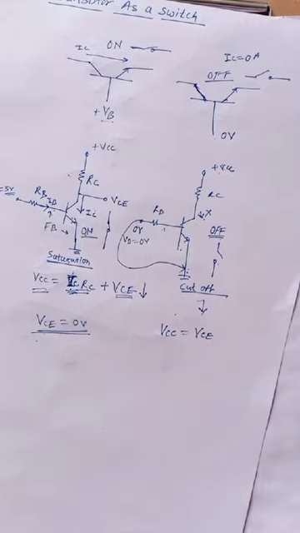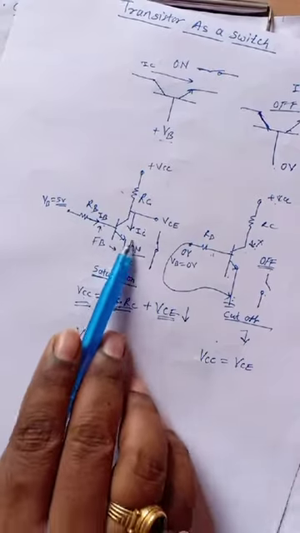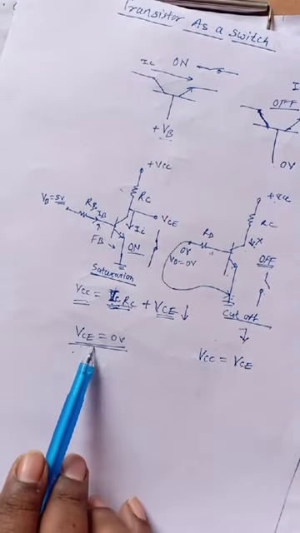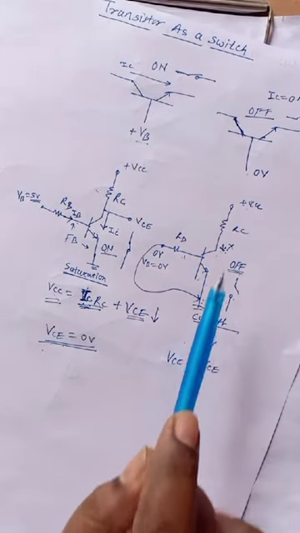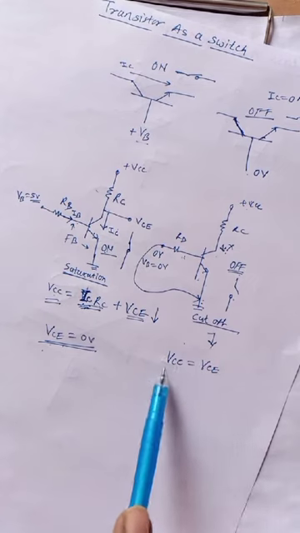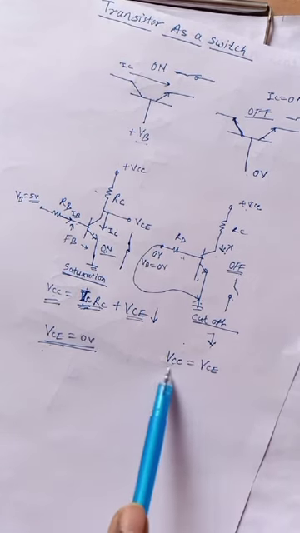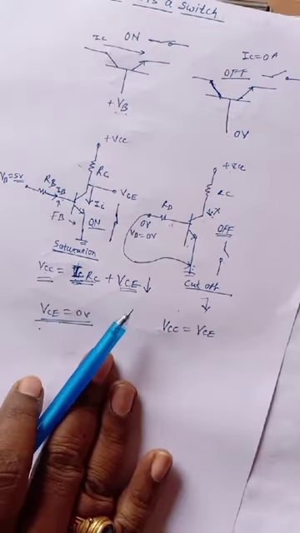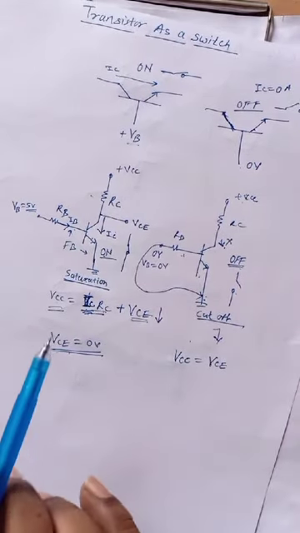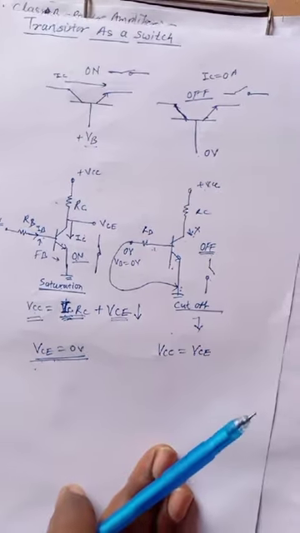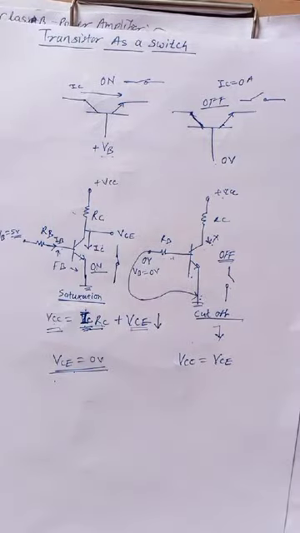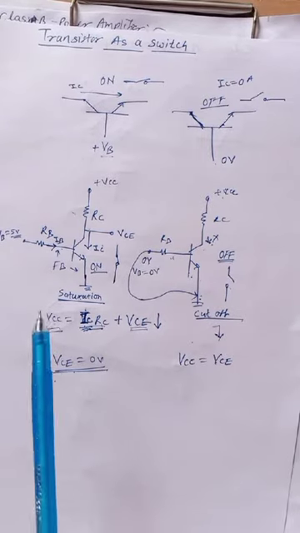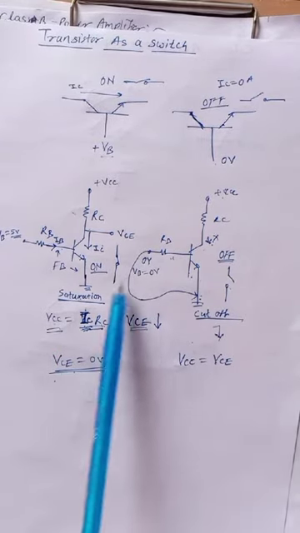So these are the two situations: when the transistor is turned on, collector current flows and the collector to emitter voltage drop becomes 0. When the transistor is in cutoff, collector current is 0 and the voltage drop across the transistor becomes equal to VCC. So these are the two main important points regarding this transistor. Because of this action we can use this transistor as a switch. So this is the main application. A transistor can be used in amplification circuits, as well as for switching.